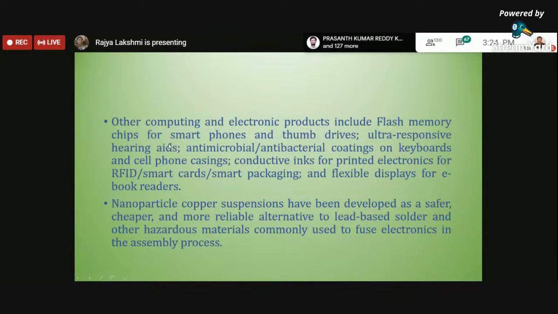Whatever you are trying to use, especially whatever earphones we are using. If you keep on using the earphones throughout the day, of course there will be a certain kind of fungus formed in the human ear. So what should be the material used for these earphones so that it will not harm the human ear? Immediately think about antibacterial coatings, or antimicrobial coatings. Because of this, it will not cause any hearing problems,